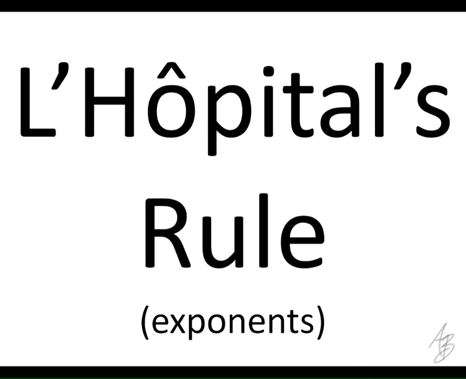We've seen how we can use L'Hopital's rule to deal with indeterminate forms like 0 over 0, infinity over infinity, even 0 times infinity, or infinity minus infinity. But there are some indeterminate forms where we're going to have exponents involved. There are 3 indeterminate forms that involve exponents, and kind of like the 0 times infinity, we have conflicting rules